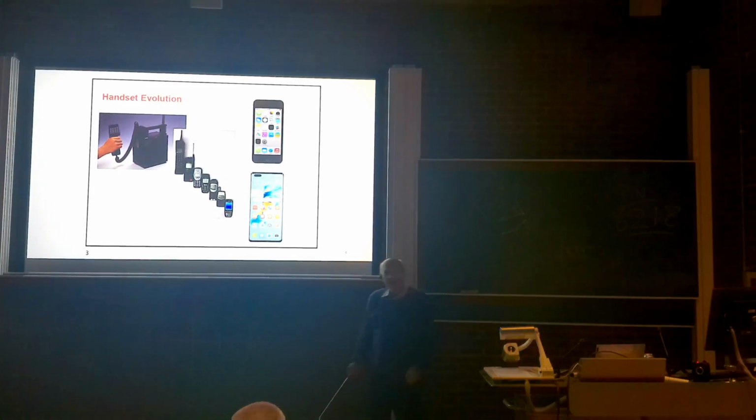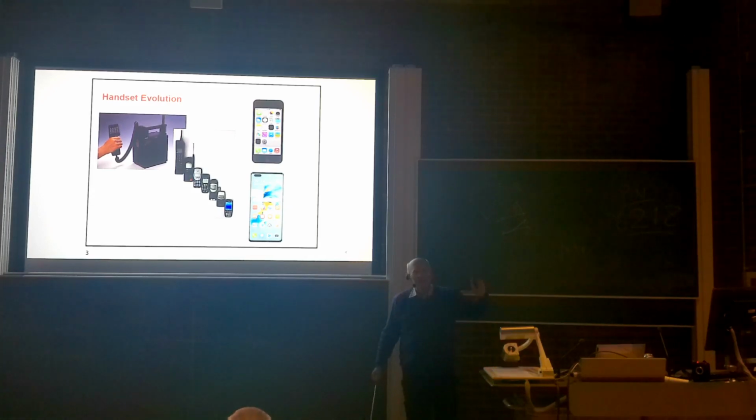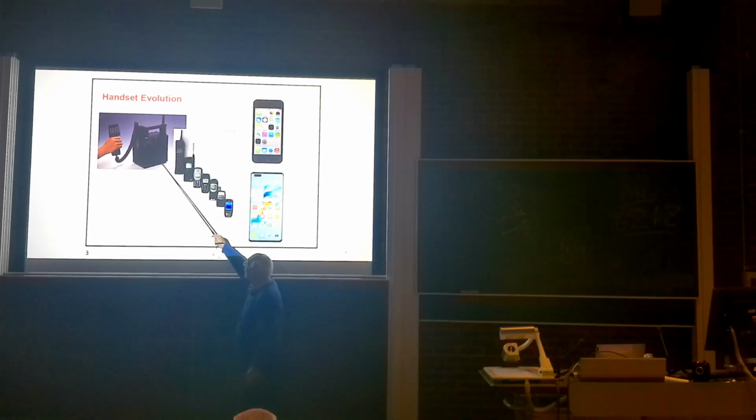So here's the handset evolution. You can see a selection of handsets going from the original analog system. It was up in the sort of 800 megahertz band. It's the kind of system that the press used to get all these scurrilous stories out of Princess Diana and someone she was talking to. That was the kind of system where they were intercepting mobile phones, either of that one or that one. So that was the early analog system.